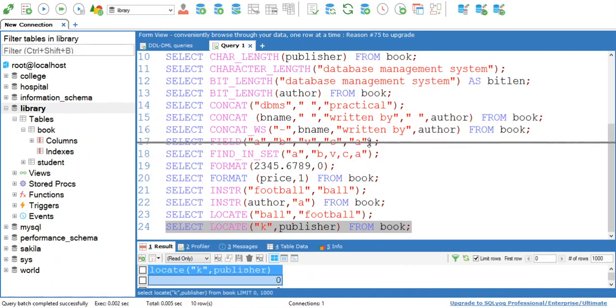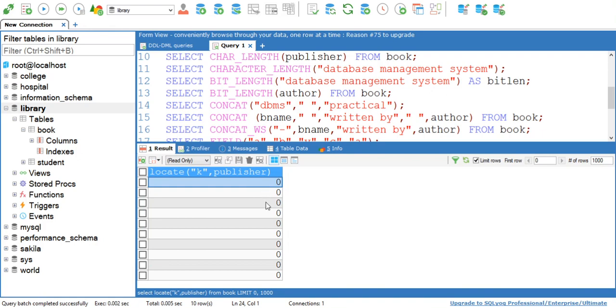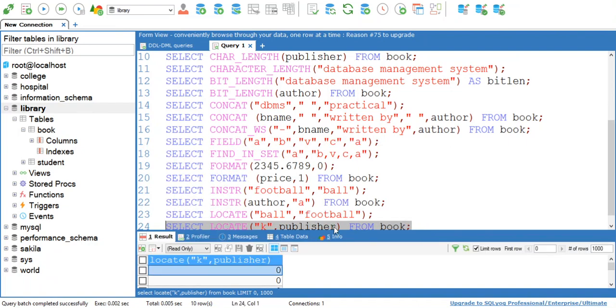See, now when we see the output, no publisher name has the letter k, so 0 is written.